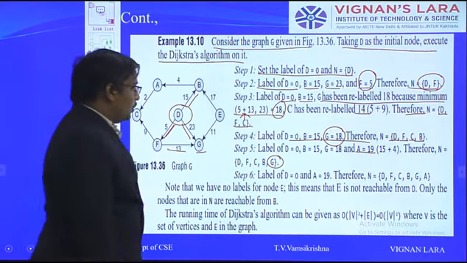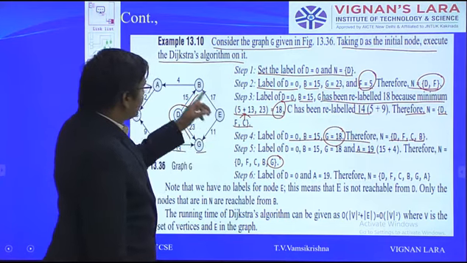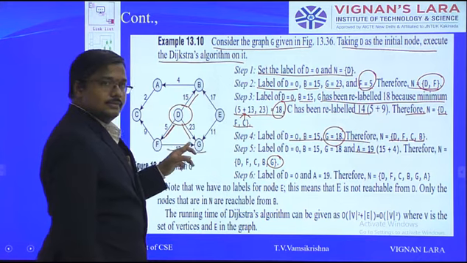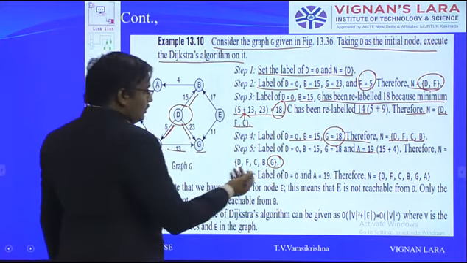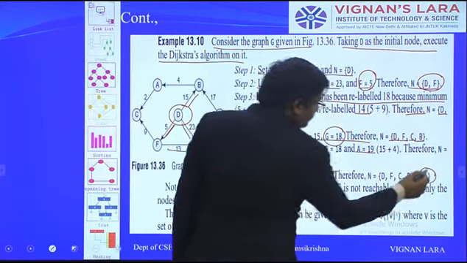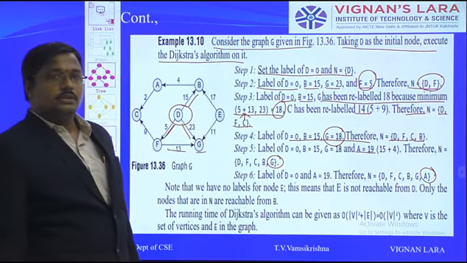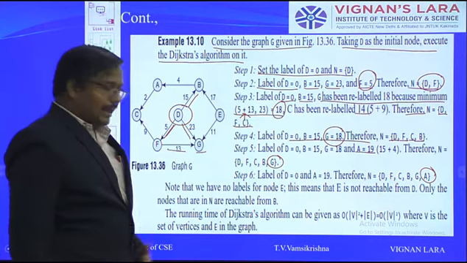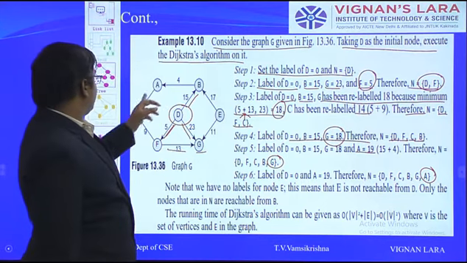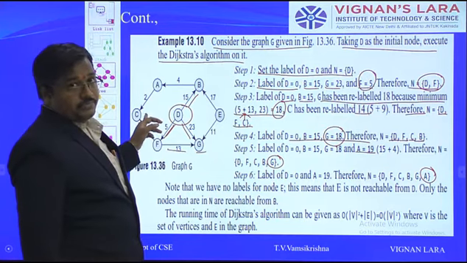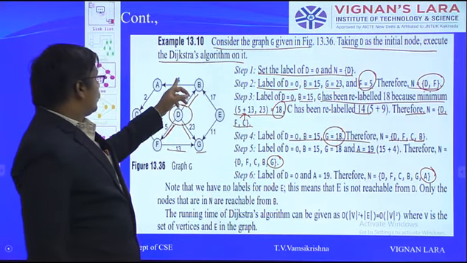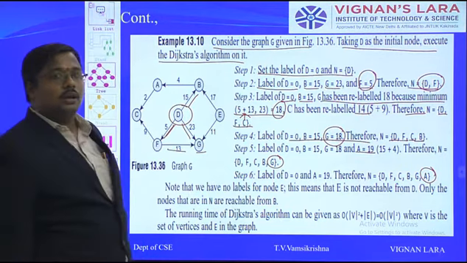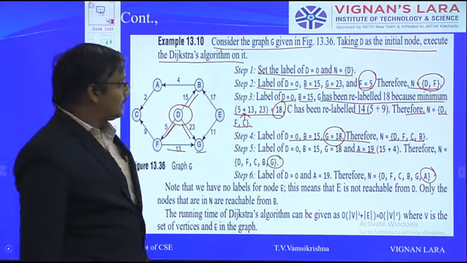Next, from G, are there any alternate paths? No paths. So next we move to A, and that's why we are adding A. In this way we are selecting. From A you can again reach C. What is the distance? 15 plus 4, 19, 19 plus 2, 21. But the shortest distance we got was 14. So these are the finally selected edges.